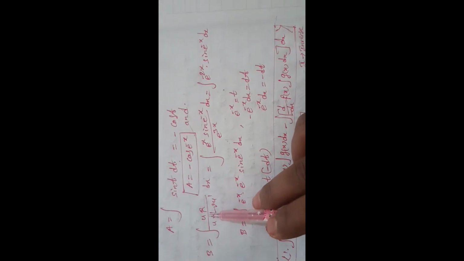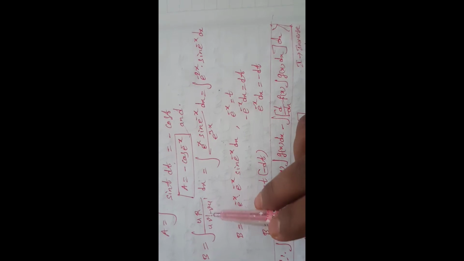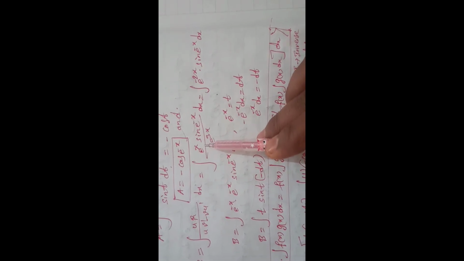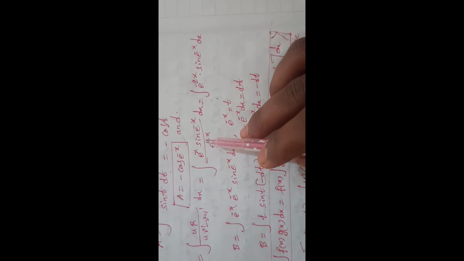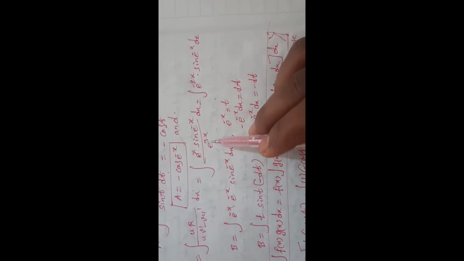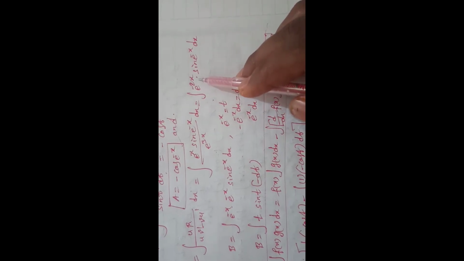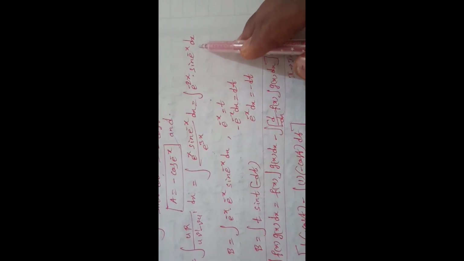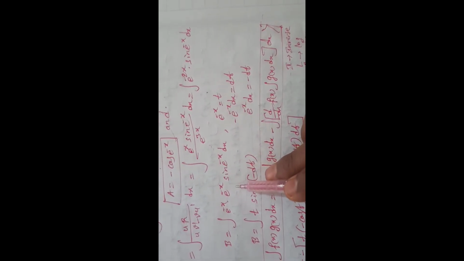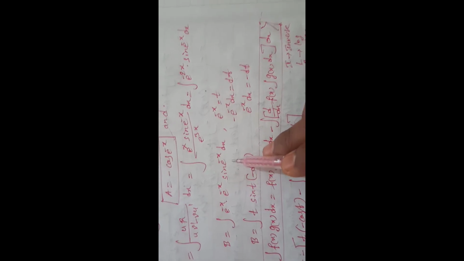It is integral of u r by uv dash minus vu dash dx. So u means, we know very well, e to the power of x. Already I showed you how we get this value. And r means sin e to the power of minus x by e to the power of 3x. By solving these two, we will get e to the power of minus 2x into sin e to the power of minus x dx. So e to the power of minus 2x can be written as e to the power of minus x into e to the power of minus x, so into sin e to the power of minus x.